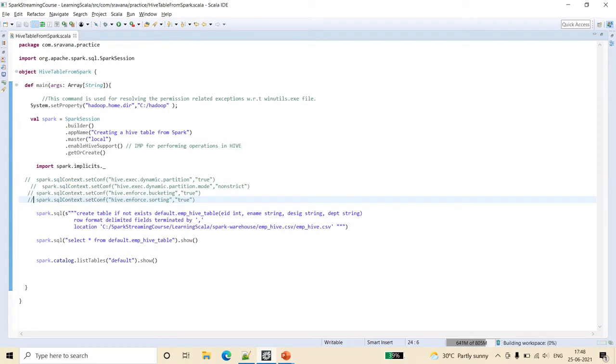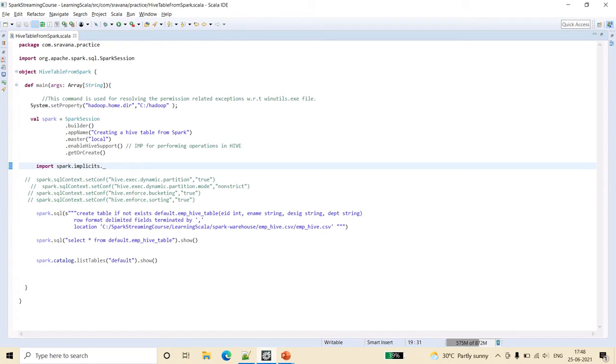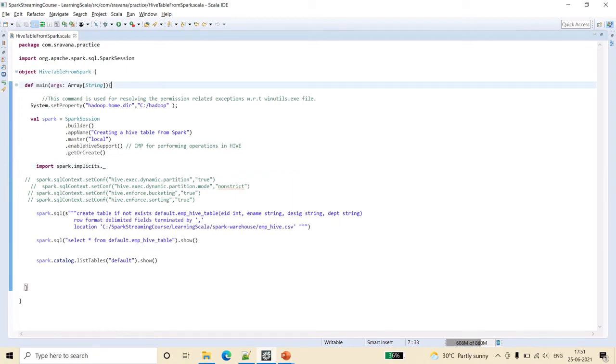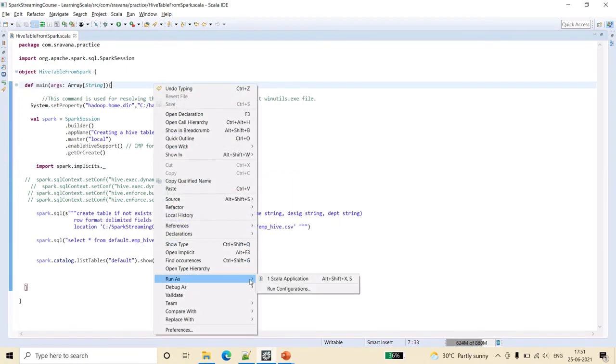Even for bucket by, there is an option in the write mode itself, spark.write.bucketBy. You can use that as well for creating the buckets in Hadoop. So let me run this code. I have enabled this Hive support, and you can try with partition by and provide your feedback in the comment section if you are facing any issues. So let's run this code to see how it looks.